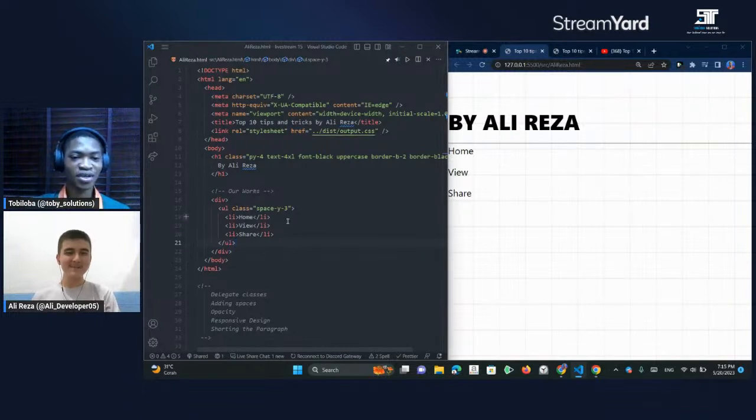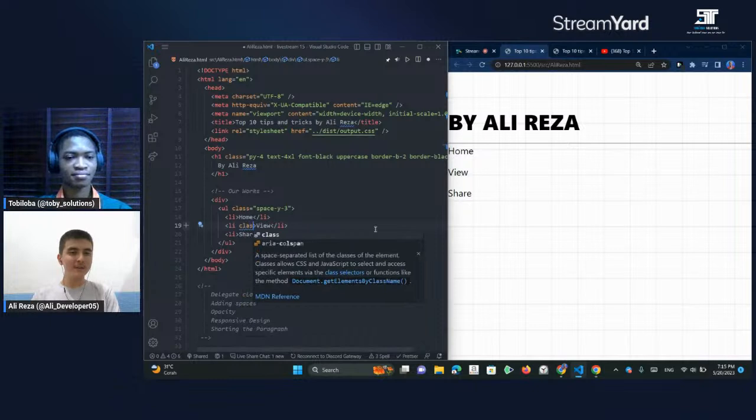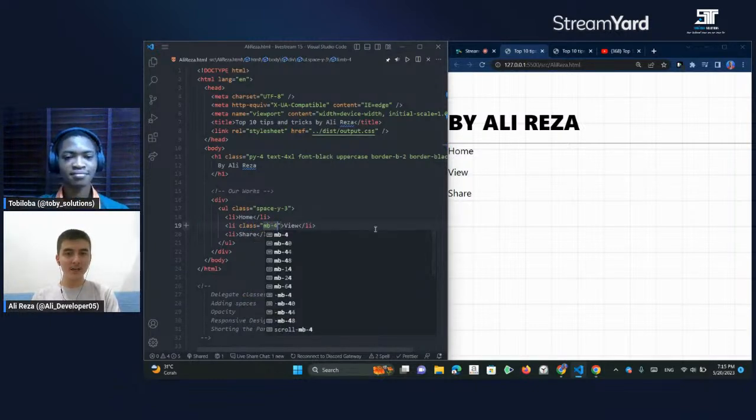I haven't actually used this one before. I use the first one, Flexbox, but I don't use space-y-3. Why? Let me tell you the reason. If we use space-y-3 and then add a margin to one of the links, it's not going to work. Imagine I'm going to say margin bottom 4. You see, it's not working. If we use space-y-3 or give it a value, then if we use margin bottom for each item inside of that